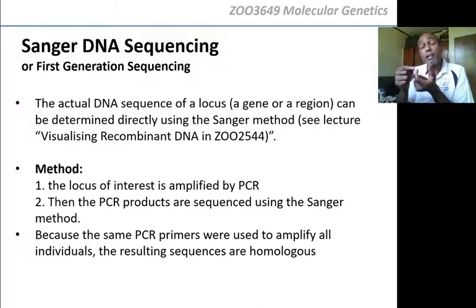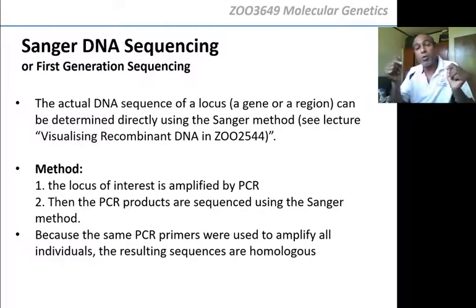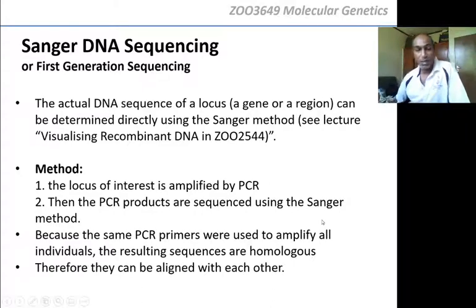And you use the same primers as the PCR primers as your Sanger chain terminating primers, the ones that start the chain termination process. Okay, so use the very same primers that you did to amplify the gene with PCR. You do a second sequencing PCR then, using the same primers to do the primer extension and the base destruction as you go along. And therefore now, because you use the same PCR primers,